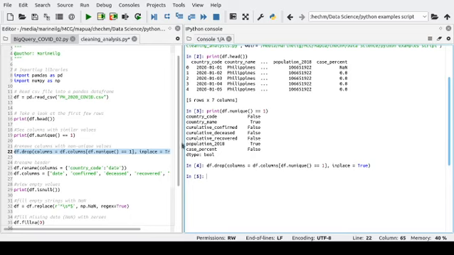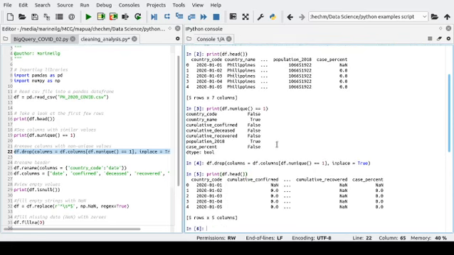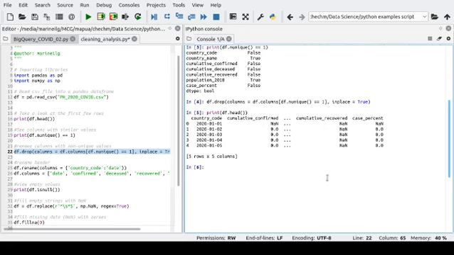Now let's see those columns again. Print df.head. So let's look at those columns. As you can see, there's no longer country name and population 2018. So you have country code, cumulative confirmed, cumulative recovered. Now